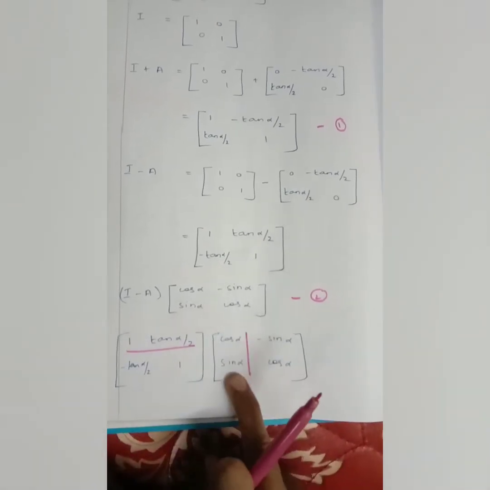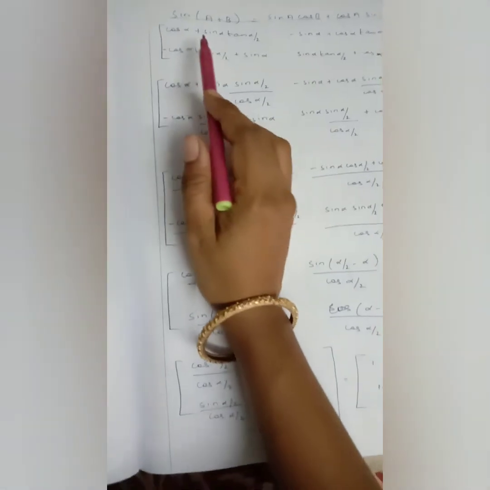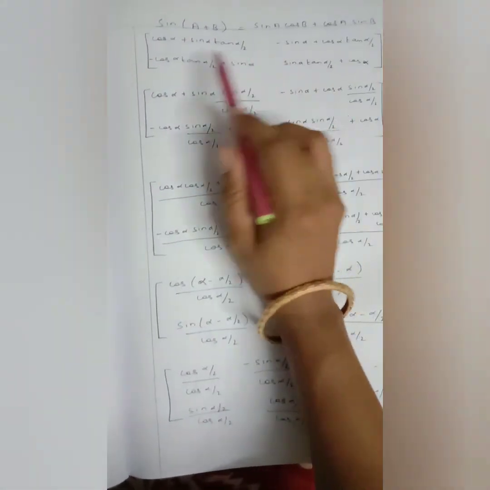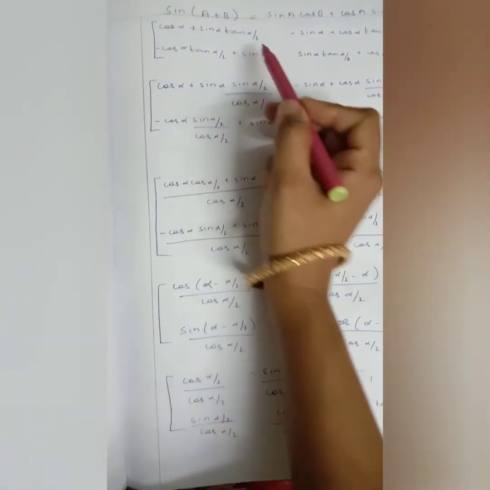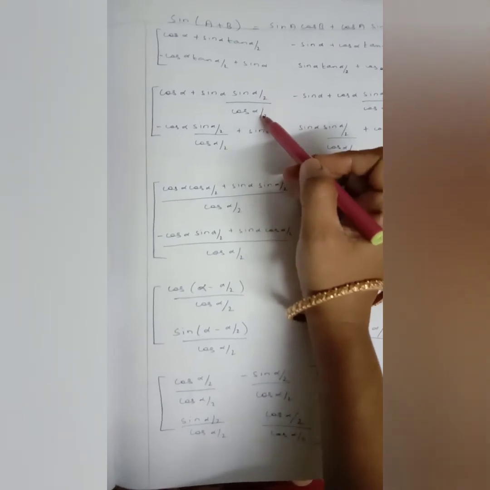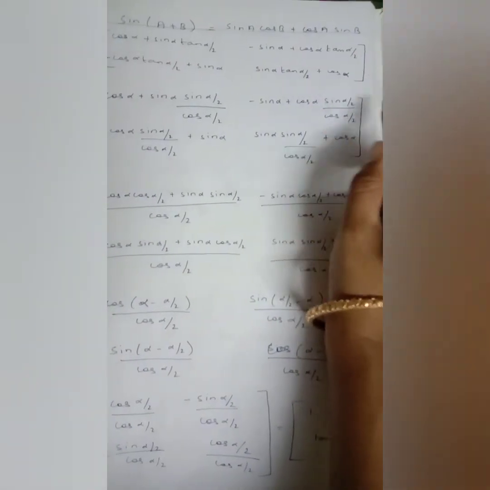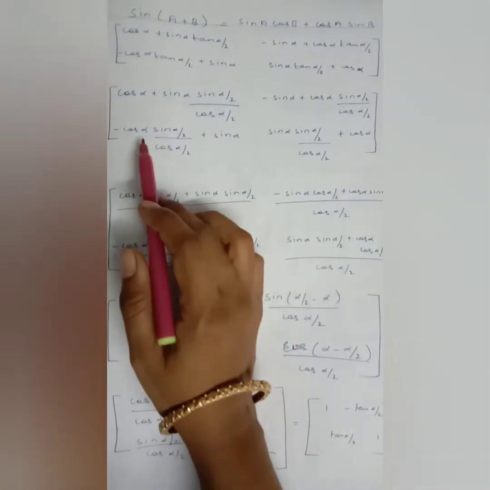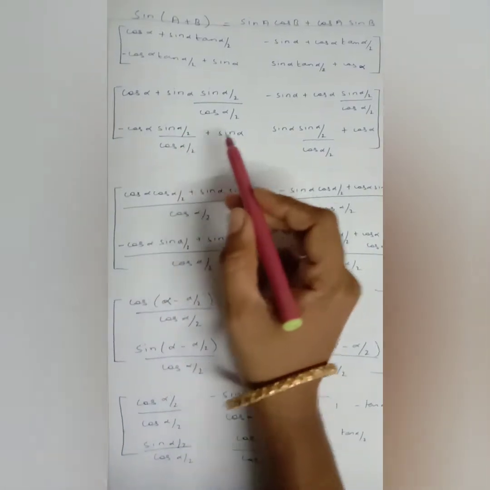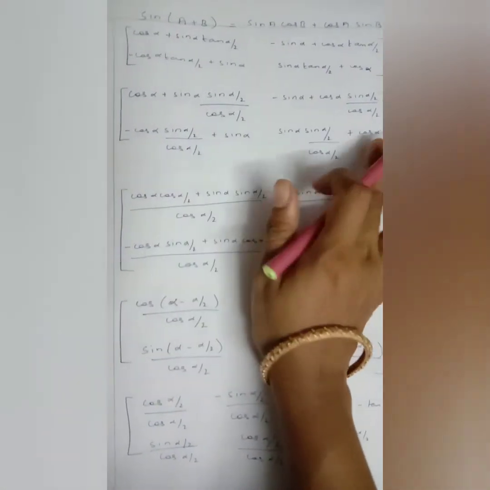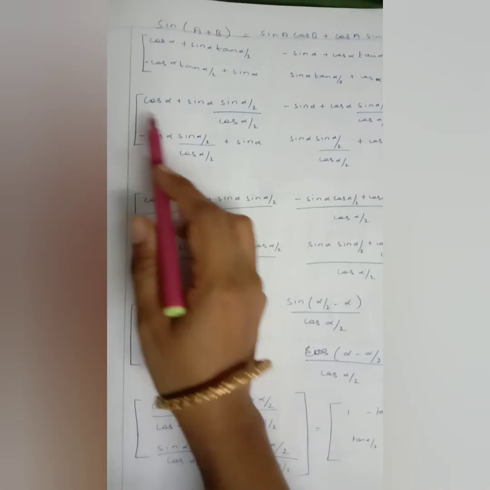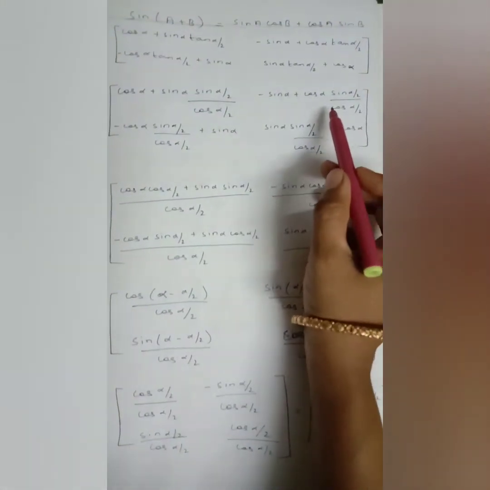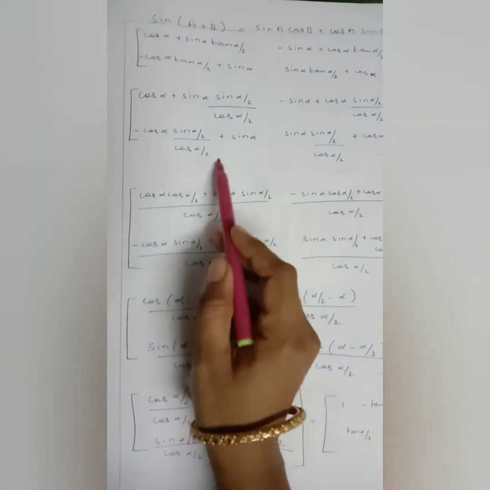So first row, first column I multiplied here. First row, first column, you are getting this on multiplication. You can see here tan alpha by 2. Tan is nothing but sin A by cos A. Tan theta is equal to sin theta by cos theta. Here also tan theta is equal to sin theta by cos theta. So cos alpha, here also sin theta by cos theta. After this we have taken the LCM. Cos alpha by 2 plus sin alpha by 2 by cos alpha by 2. Here also we have taken the LCM.